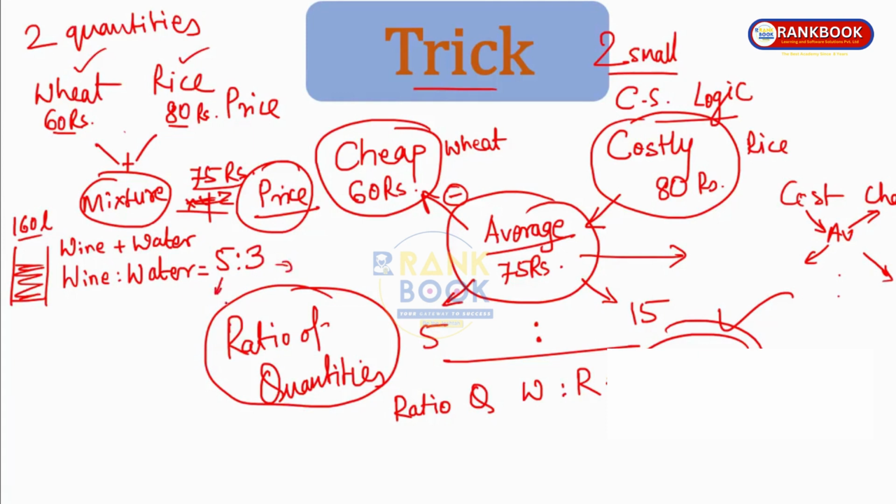Is that right? So if we want to express how much is the wine, what will you write? You'll write wine is nothing but 5 parts in the mixture. Now, 5 parts of what? 5 parts of 5 plus 3. Total liquid is 8 parts, because in the entire mixture there are 3 parts of water and 5 parts of wine. So water plus wine, 5 parts plus 3 parts, would give us 8 parts.